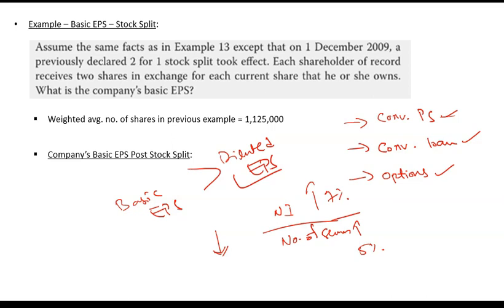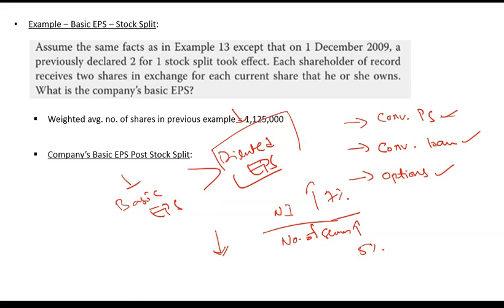Remember one thing, that this term diluted EPS can never be used for an EPS which is higher than basic EPS. It can either be equal or it can be lower than basic EPS. So if your diluted EPS is coming up to be higher, what will you do? You will take basic EPS as diluted EPS. So when you have calculated diluted EPS, you will check the lower of the two and take the lower of the two as your diluted EPS. So remember, diluted EPS has to be diluted. It can never be higher than basic EPS. If it is coming out to be higher, then select basic EPS as your diluted EPS. And when we do examples, it will become more clear.